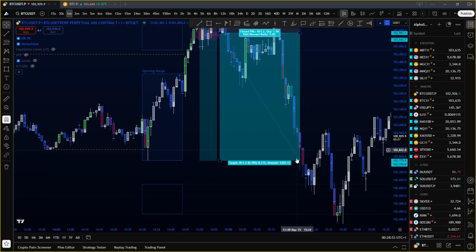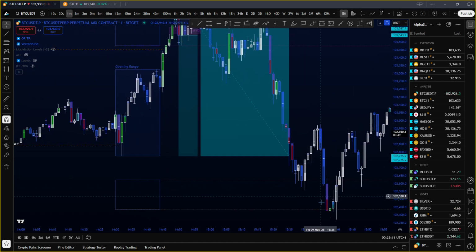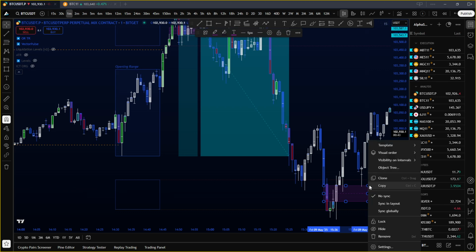So for example, this move over here, even if this was a gap over here, you would ignore it just because it didn't happen inside the deviation box. But for example, this one happens inside, perfect, and we have that lovely tap,